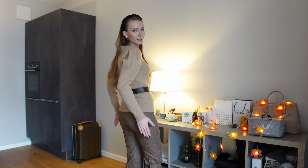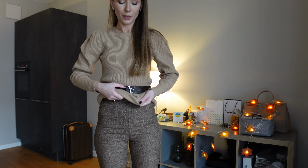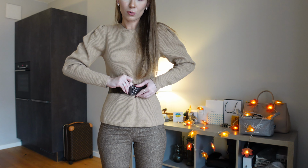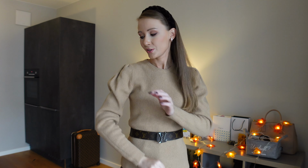Hopefully this way you're going to see a better look of the trousers here. They are quite tight on the back, and here on top they do look this way. They have a zip and they also have a place where you can wear a belt, but today I'm wearing this longer sweater. That's why I'm putting a belt over the sweater to have a nice waist here. By the way, the sweater that I'm wearing today is a wool sweater from Maj with these nice puff sleeves. The belt that I have here is from Louis Vuitton, and the headband is my new velvet headband from H&M